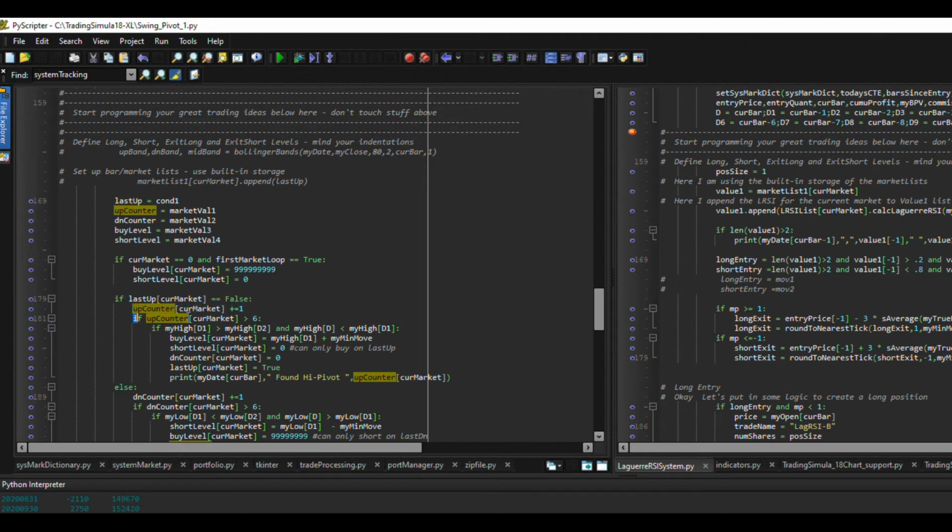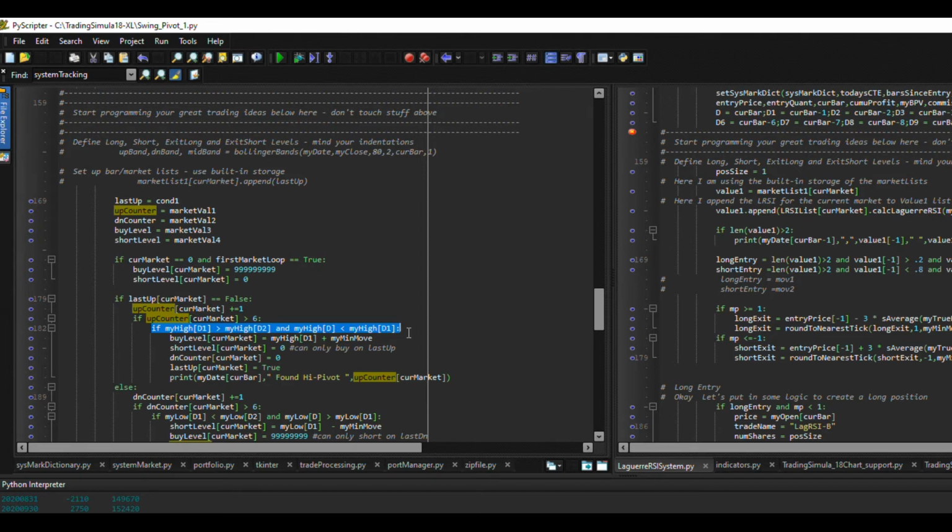So if up counter is greater than 6, meaning we've gone past a 6th bar, we start looking for a pivot, just like we did on the chart. And this logic right here is your pivot recognition, your high pivot, or pivot high, I don't know what you call it, but we were saying if my